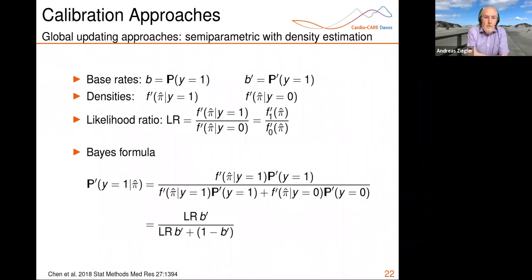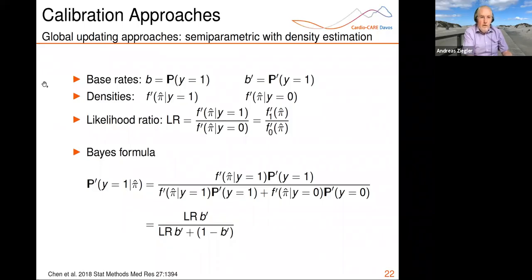This approach here seems to be a relatively new one, and sorry for the formula. I hope I can take you through this somewhat busy slide in 1 or 2 minutes. Actually, this approach was proposed in a paper by Chen et al., they just gave the rough idea, didn't write down all the formula. And for estimation, they used a different approach than we did, but it provides a very nice and general concept. And later on, I typically refer to it as the likelihood ratio based approach for calibration, or a general updating